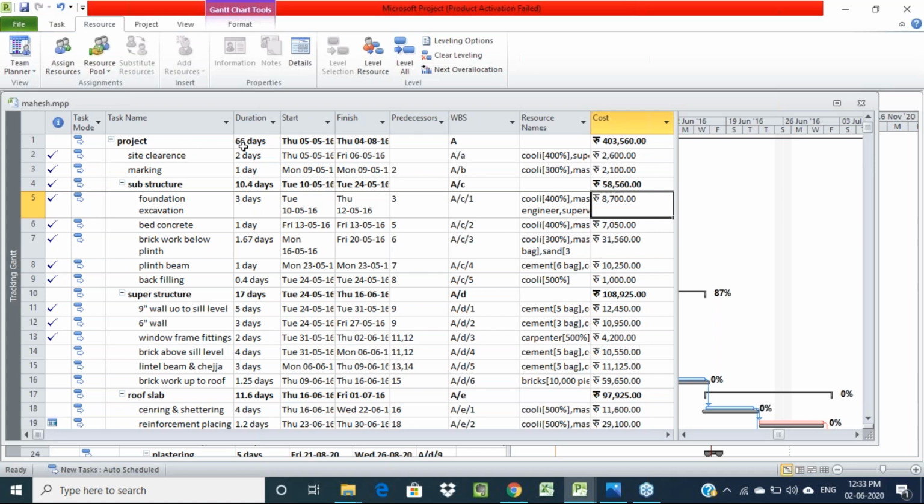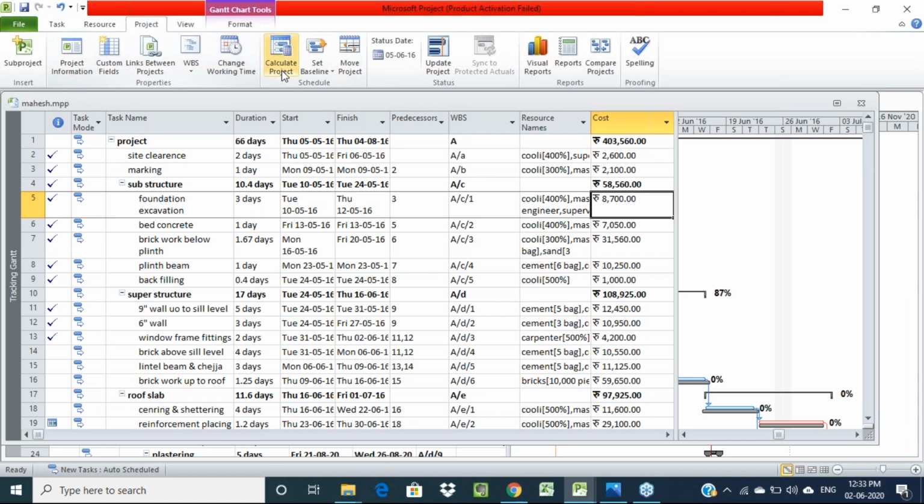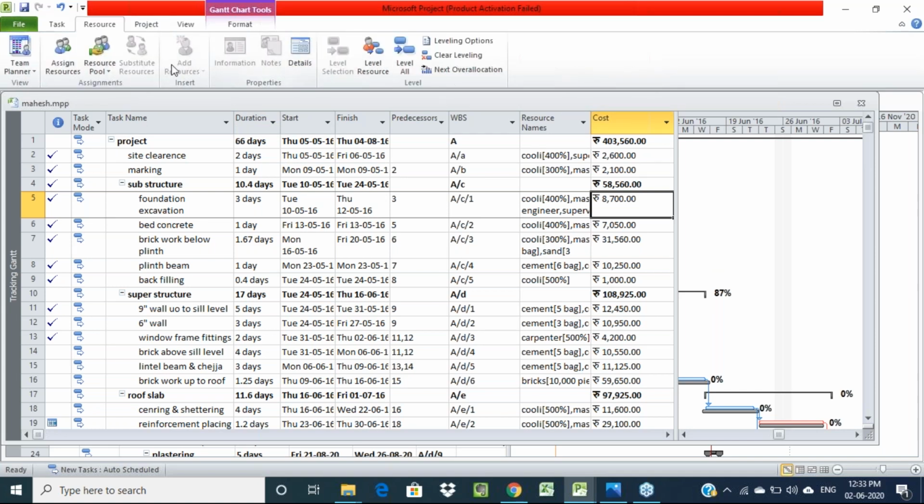So for this, total project duration you got, total budget of the project you got, and resource allocation and resource utilization also we can check here. For that we just need to go to reports. What are all the resources we are using, all these resources also we can cross check, right? And before that, if you want to do any resource leveling we can do it. Since all the resources are leveled, that's why here it is not showing a red symbol.